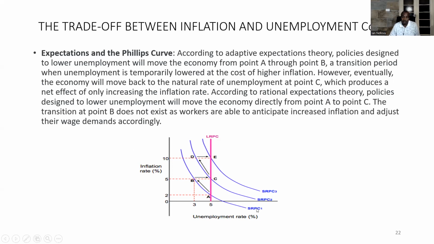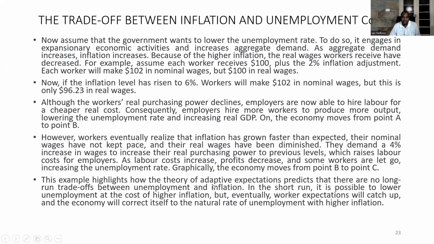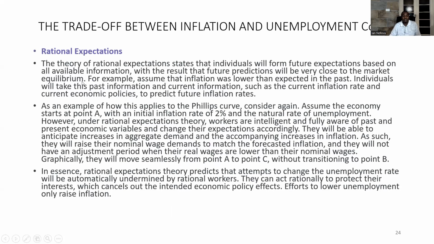So in the short run, the Phillips curve, according to rational expectations, will just be shifting from SRPC1 up to SRPC2 up to SRPC3, not via these other points. But if it is adaptive expectations, we move from point A to point B to point C to point D to point E, like that. So I've already explained that. So rational expectations,